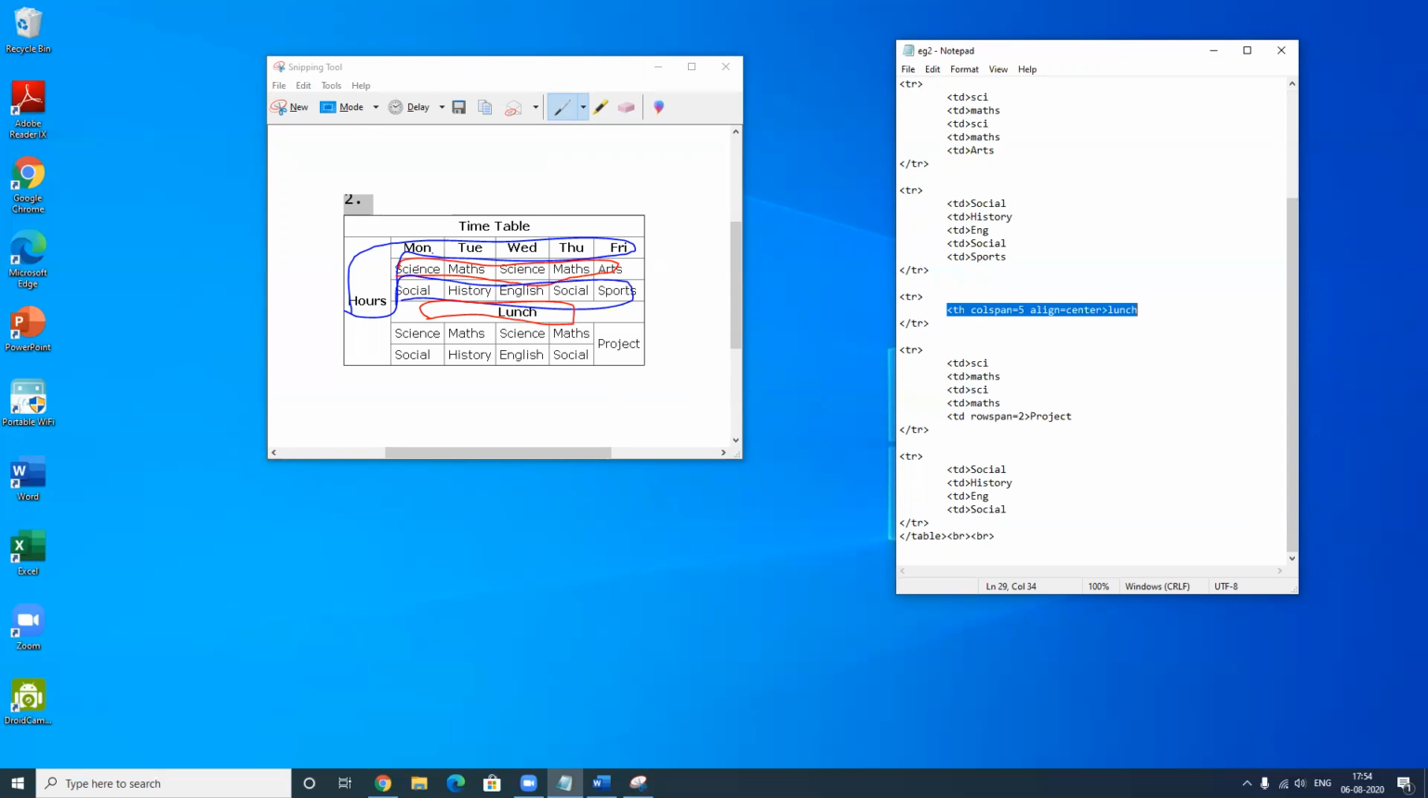Now what does my next TR consist of? Science, maths, that is simple. After that, project, this is my next row. So this project is not written in one simple cell. It is written in 2 merged rows and one cell has been created. Hence, look at the notepad. TD rowspan is equal to 2, project. Clear? And the last row consists of